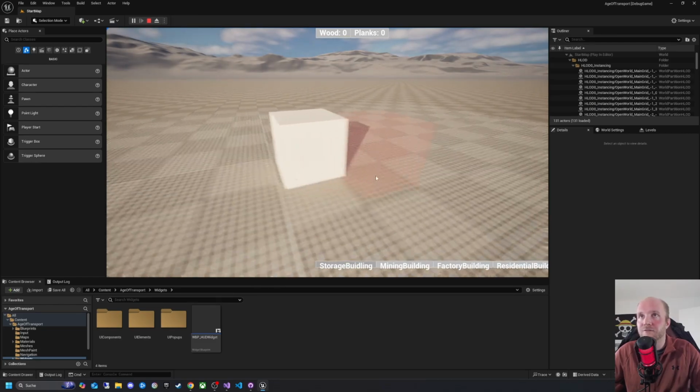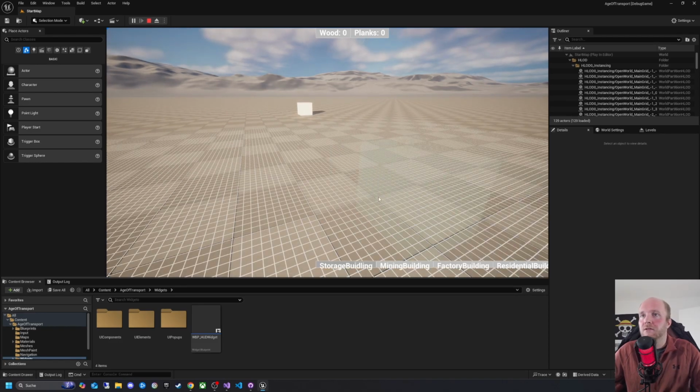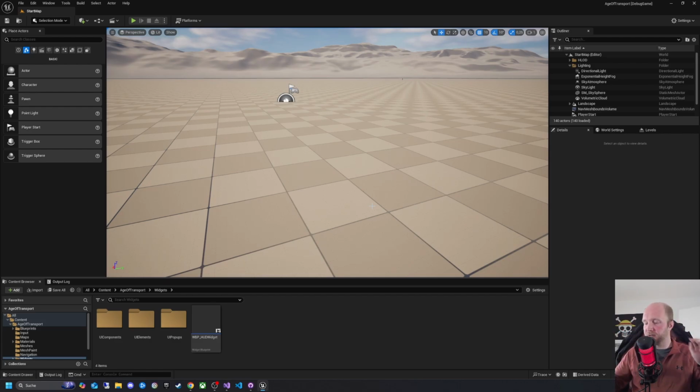So now if I build a storage building, set the filter, it updates. If I pause the game, set the filter, and it updates. So now we have a clean solution to pause and unpause the game,